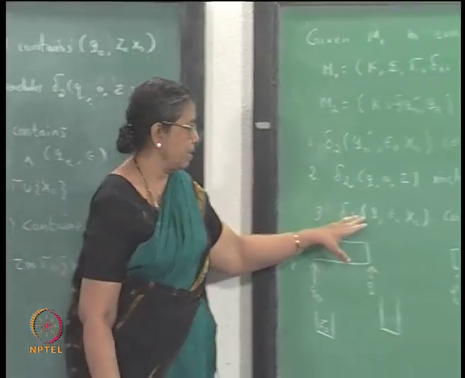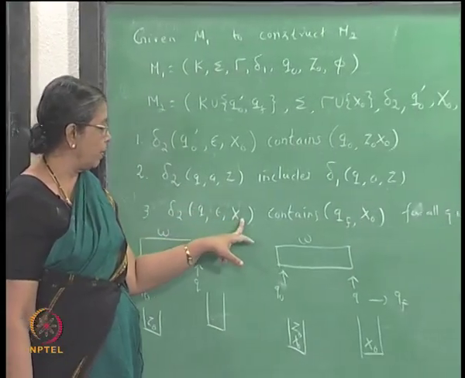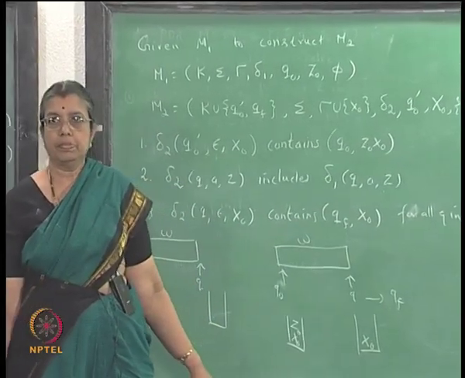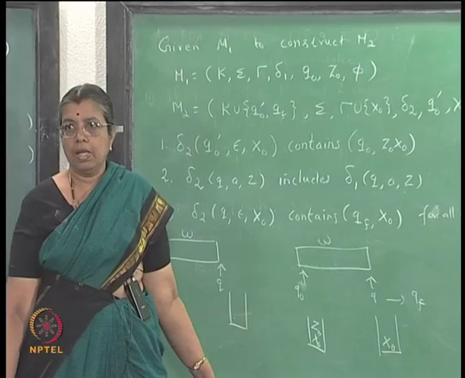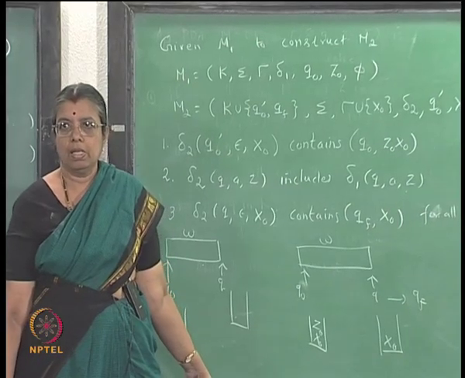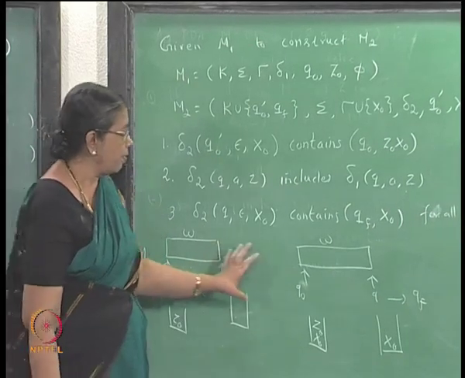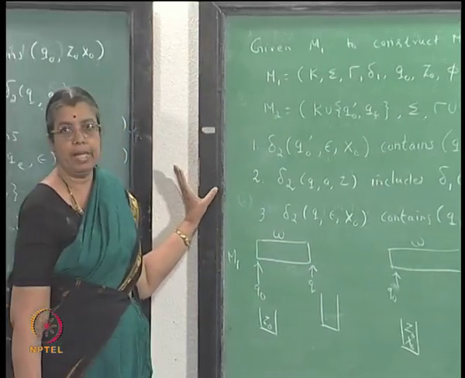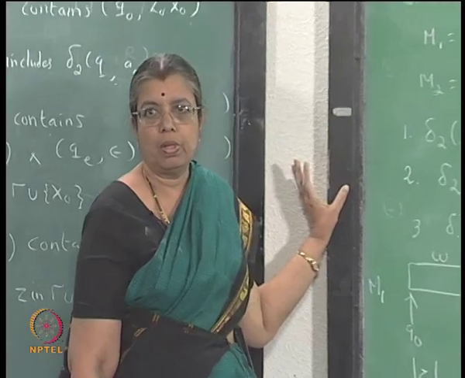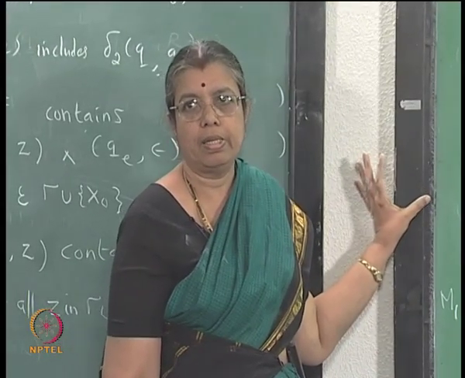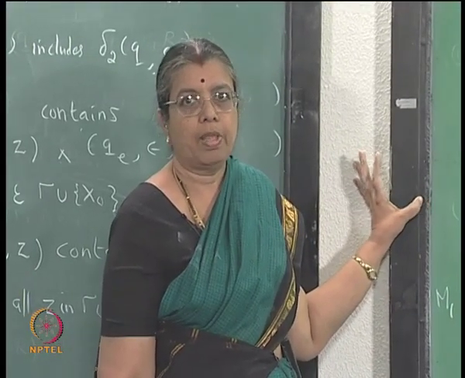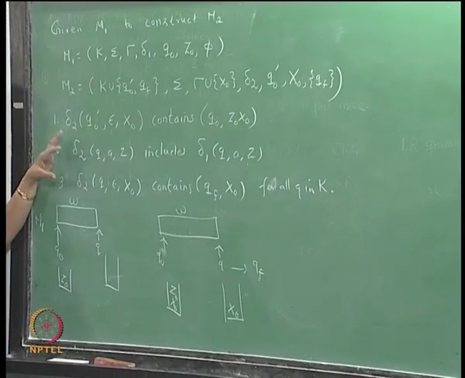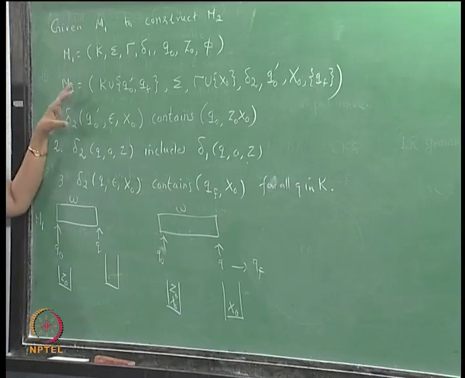This is what it means. When you just have x naught alone on the stack, from any state you go to the final state. So, in this way you can simulate the behavior of M1 by M2. The languages accepted are the same. So, if a string is accepted by M1, it will be accepted by M2,